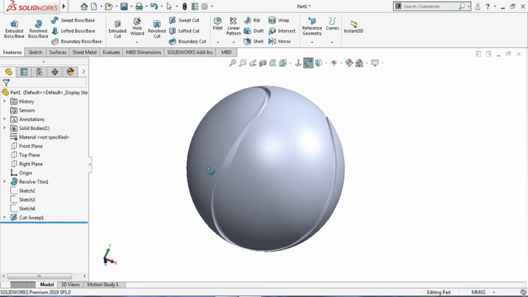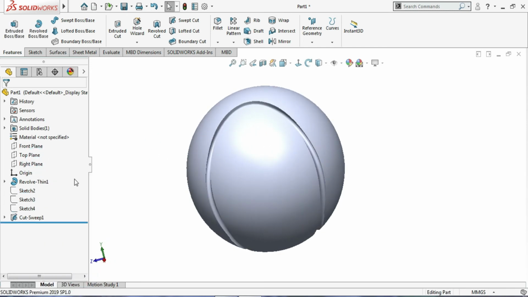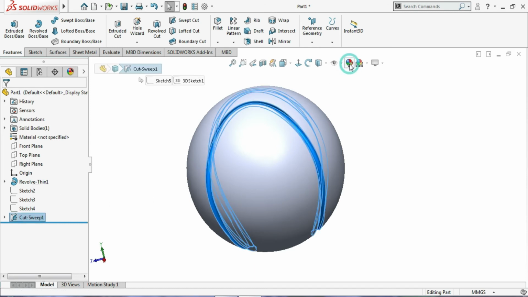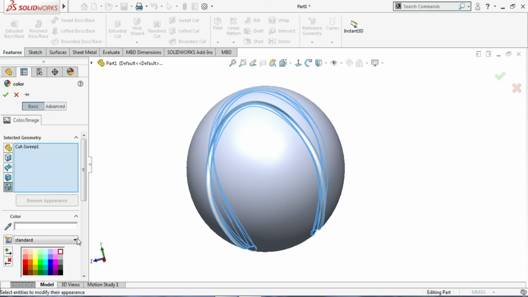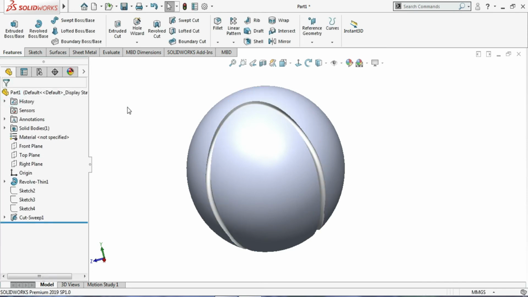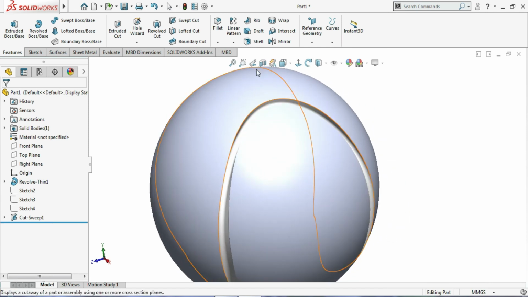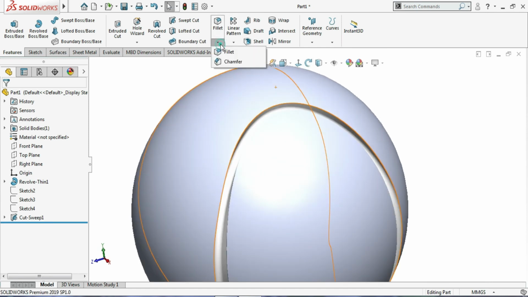Now see here, I will apply some appearance. So first I'll go for the sweep cut, and I'll go to the appearance. I'll give it some white color, which is just simply like this. And we can give a little fillet also. If you want, you can give a little fillet to this edge.